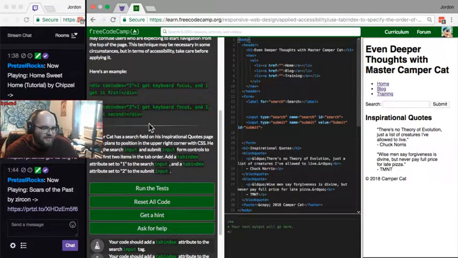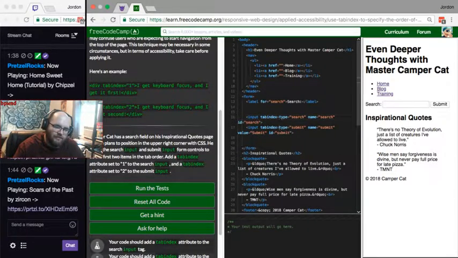CamperCat has a search field on his inspirational quotes page that he plans to position in the upper right corner with CSS. He wants the search input and submit input form controls to be the first items in the tab order. Add a tabindex attribute set to 1 to search, and a tabindex attribute set to 2 to the submit input. Alright. Tabindex for both of these equals, and then we'll do